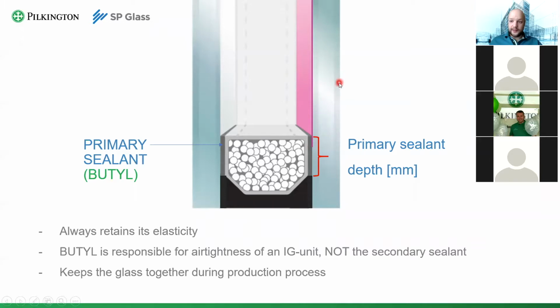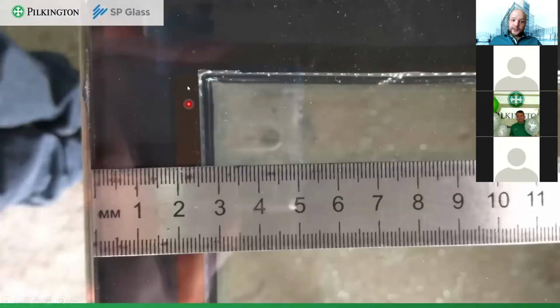And to serve its second purpose, it should have very good adhesion all the time, meaning it needs to always be stuck to both the spacer and the glass, so as to create a barrier through which gas and, most importantly, water vapors cannot go inside. So that's why primary sealant is so important. Again, it has to withstand every IG unit movement, glass movement during the lifetime, and to be always airtight. And that is why